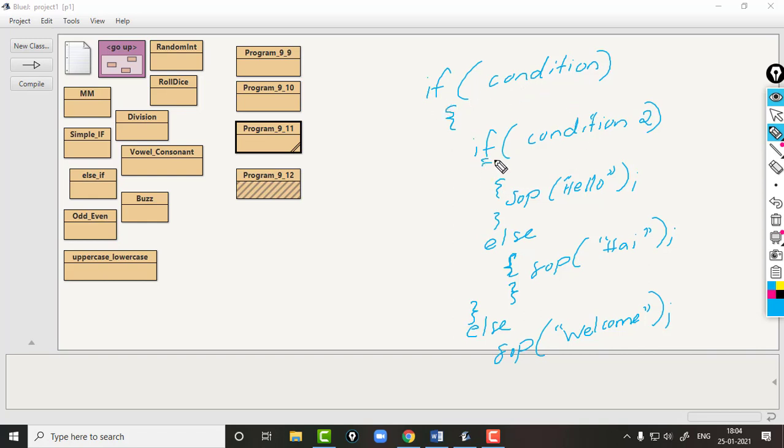This one is known as inner if and this one is known as outer if. Similarly, in else also we can write the same condition and same statement. So this is known as nested if statement.